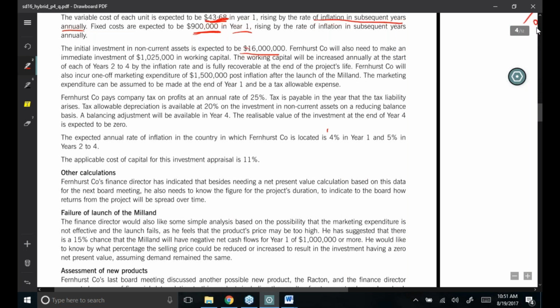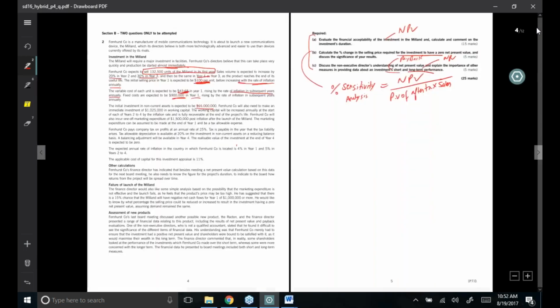Working capital will increase annually at the start of each of the year 2 to 4. This is a trap. This is not that difficult statement. Start of year 2 means year 1. So this 1.02 is given